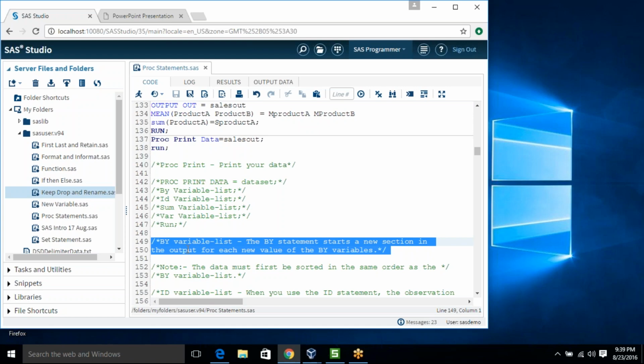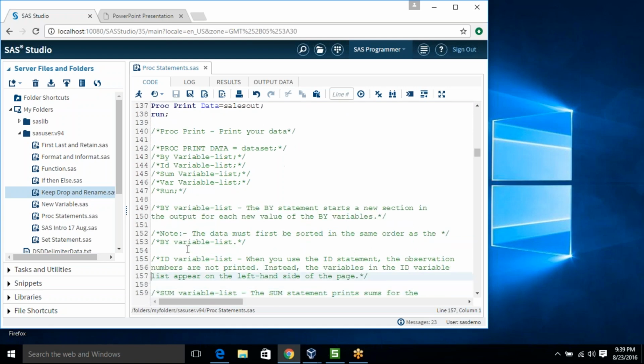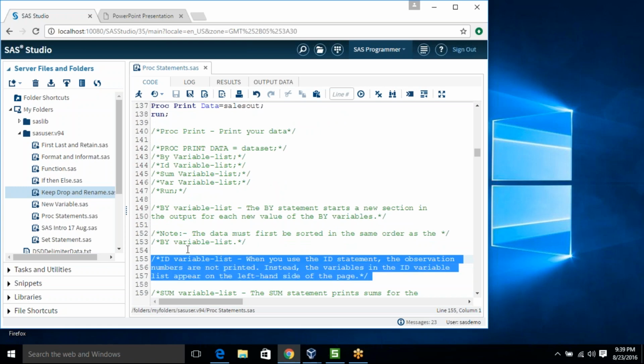Okay, ID. So basically, if you want that your variable should be the leftmost column, then you have to specify that variable in your ID statement. Just assume that you have a roll number or employee ID or customer ID.